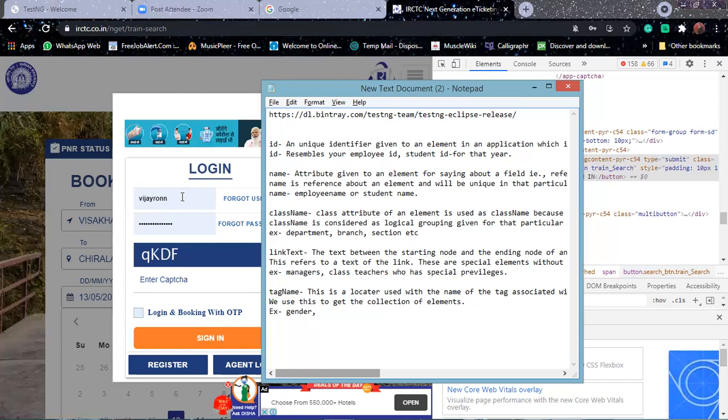Accordingly, you can directly write the code. You don't need to go and inspect for the username field and the password field. When we know how many fields there are going to be and what each field is going to have, then you can easily do that, right? Now the next one.